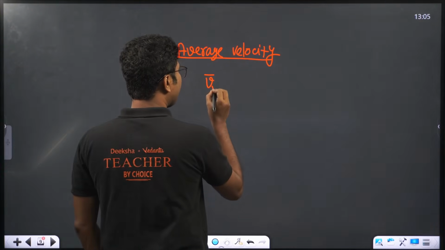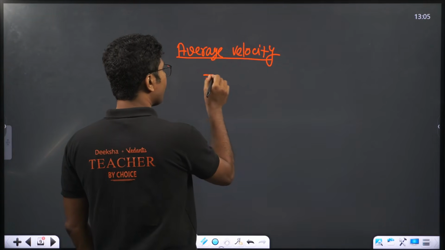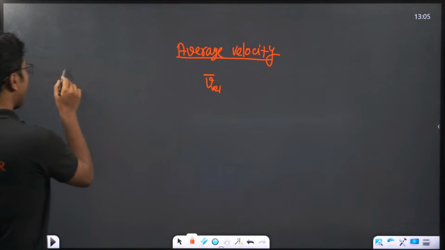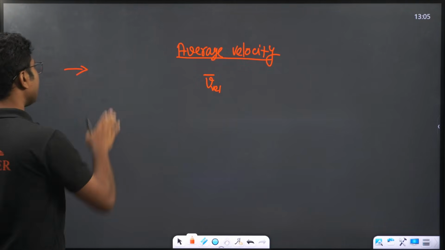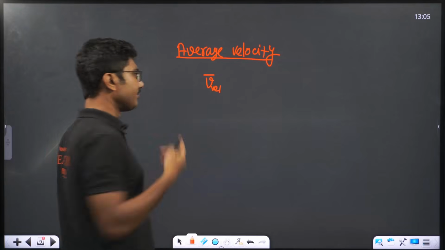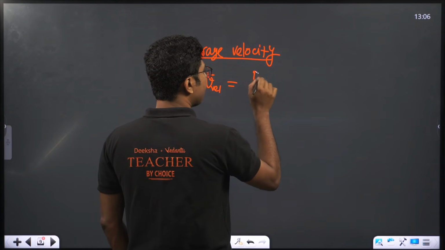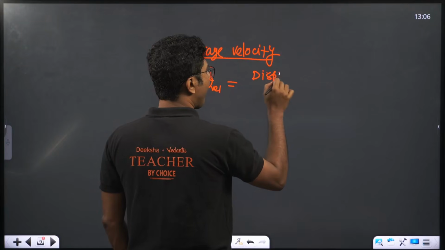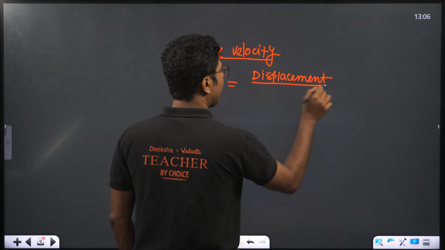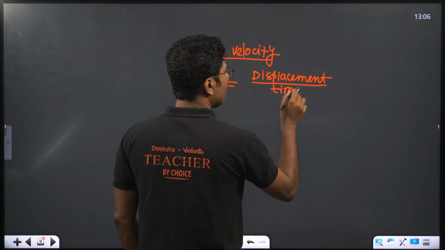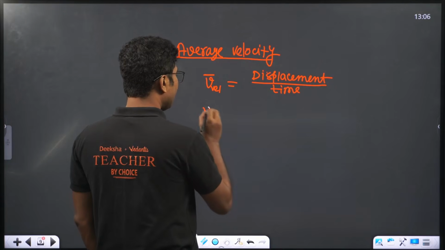So let me write it as velocity. This is not a vector sign, by the way. This represents the average. If you put an arrow on it, then it represents a vector. Without an arrow, it's just an average value. Average velocity is total displacement divided by time, and average speed is